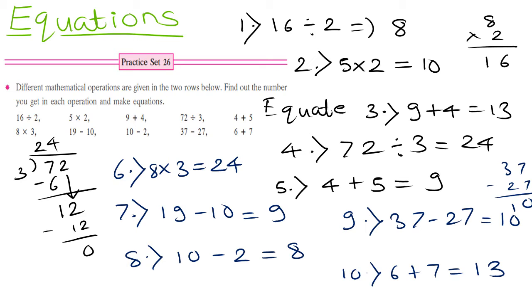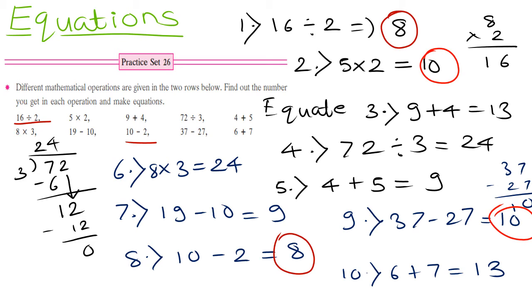So when you make pairs, what you get is, see, you get 8 in the first one, and 8. So these are pairs, 16 by 2 and 10 by 2. I will pick a different color for each one. And you get 10 here and also you get 10 here. So you get 10 on this one and you get 10 on this one. This next, 9 plus 4 you know is 13 and also 6 plus 7 is 13. So this is also a pair.